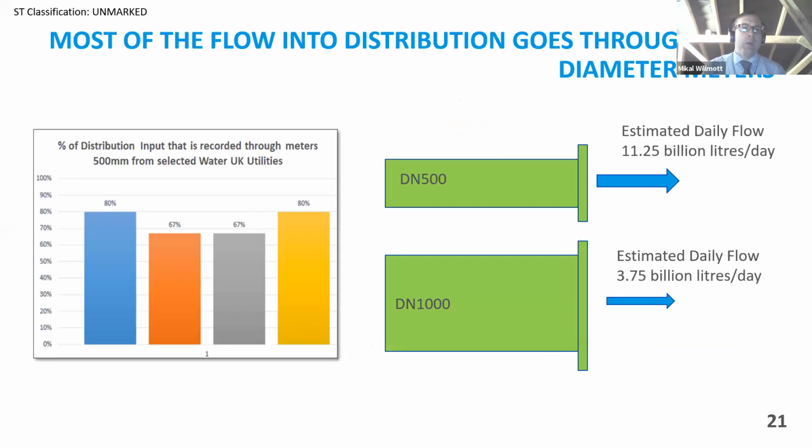In the UK, we've done some rough estimations, and we reckon for meters that are 500 mils or greater in diameter, each day about 11.25 billion litres a day go through these meters at the edge of our distribution works. If we look at the mega meters then, the meters that are 1,000 mils or greater in diameter, in the UK, we reckon about 3.75 billion litres a day go through these meters. On the larger water utilities, we find that about 2/3 to 4/5 of the water that these utilities put into distribution, put into supply, go through these large meters, these meters that are 500 mils or greater